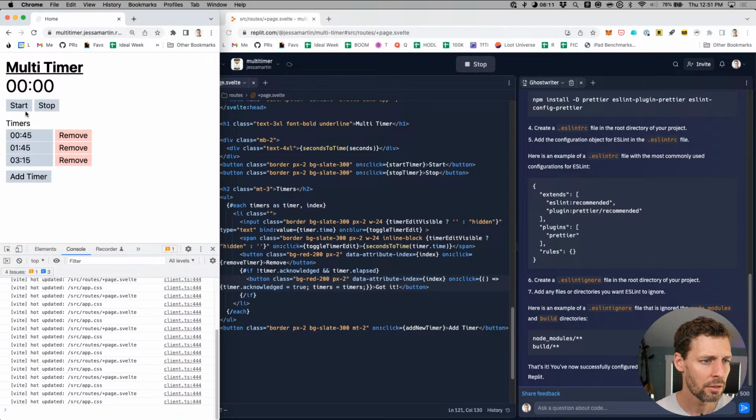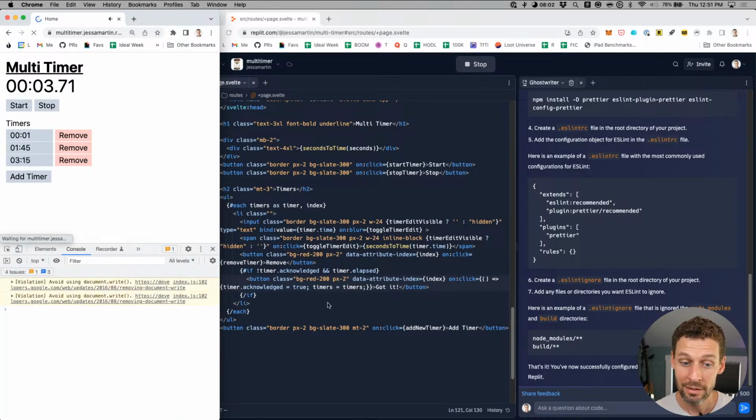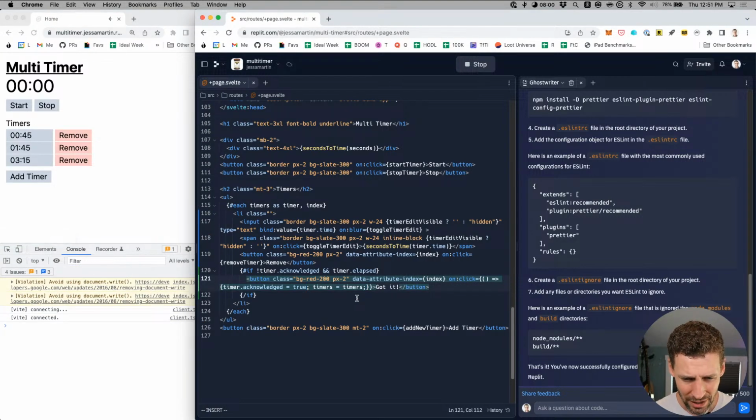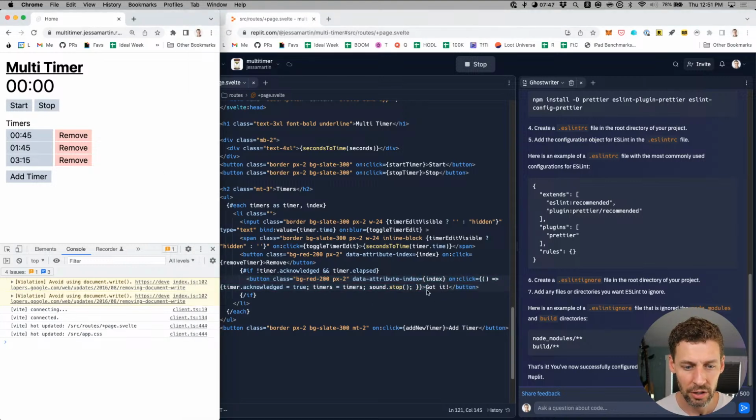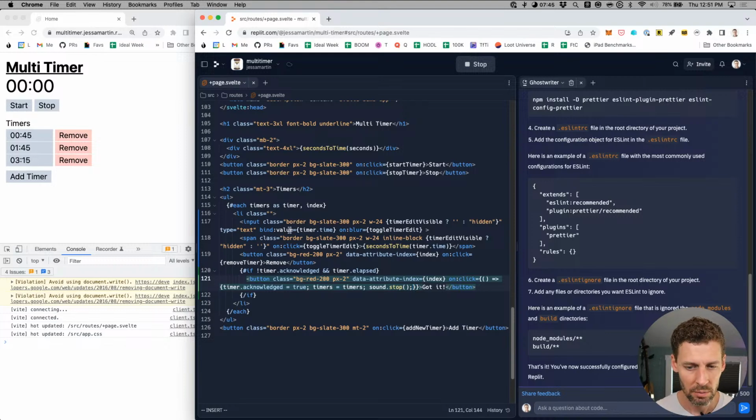All right, let's see this happen in action here. 1 second, start. Click. All right, it goes away, which is awesome. It doesn't stop playing though. So what we actually need to do here is stop the sound. So maybe like that, sound.stop here. I don't like this huge inline function, but I'll tell you why I'm doing that in just a second.